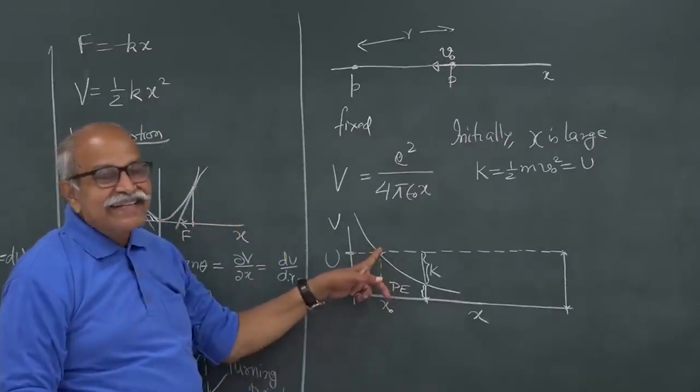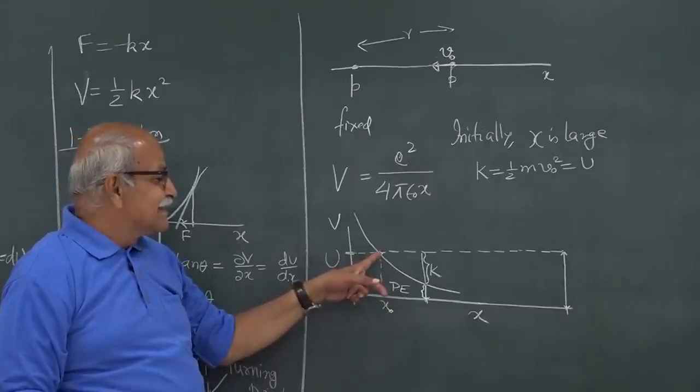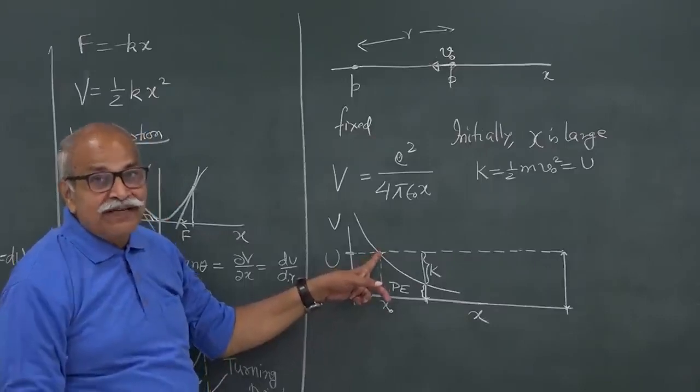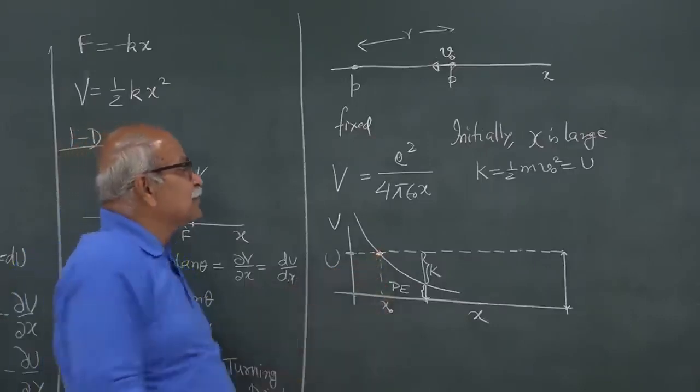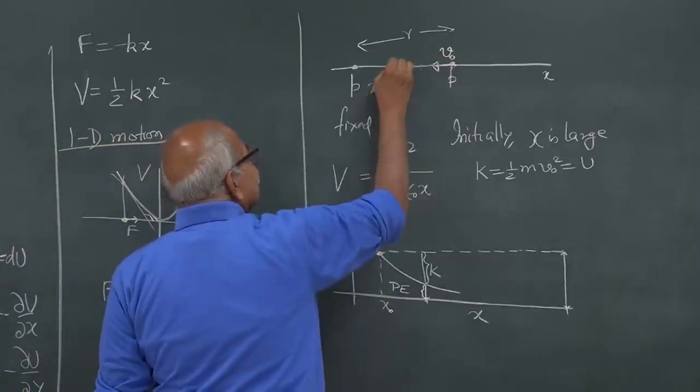So the entire energy is potential energy, and the kinetic energy is 0. This is the turning point, the proton turns from here. So it comes and at some x naught it turns,